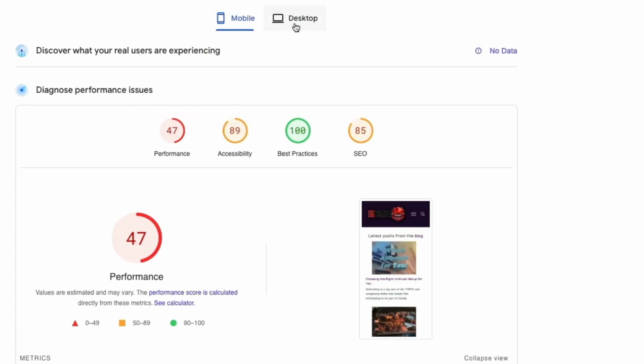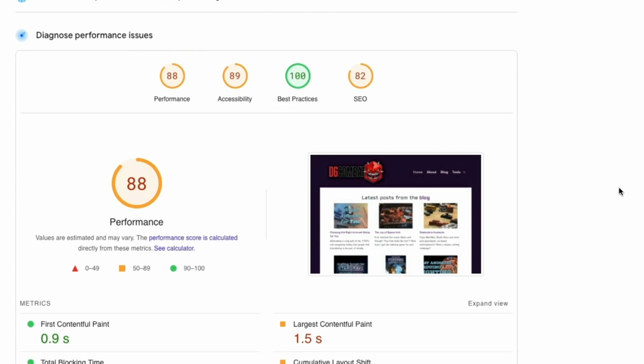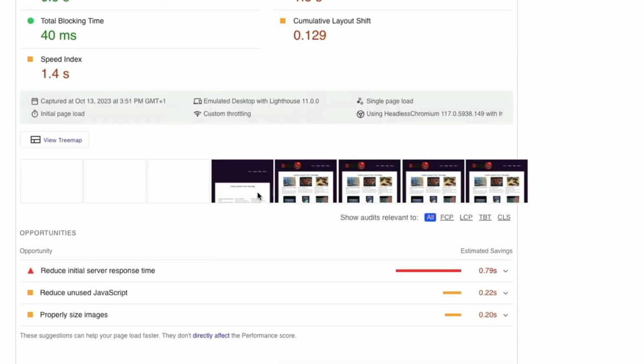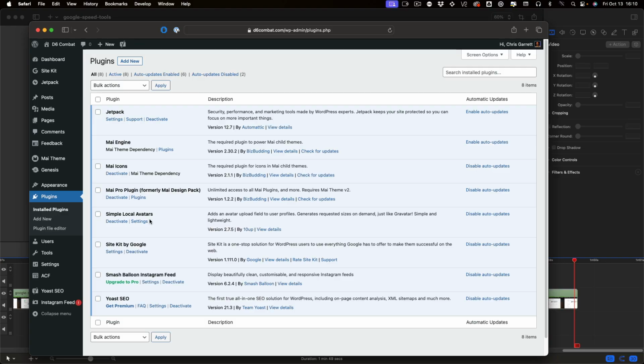So that was the mobile version, and you can also do desktop, and you can see I'm doing slightly better on desktop, and you can see the impact that the image loading has on here as well. But it still gives me some ideas to reduce my unused JavaScript, reduce the initial server response time, and correctly size my images. Let's see if we can speed up my website. I'm not really using many plugins, so I don't think I'm being slowed down by an overwhelming number of tools